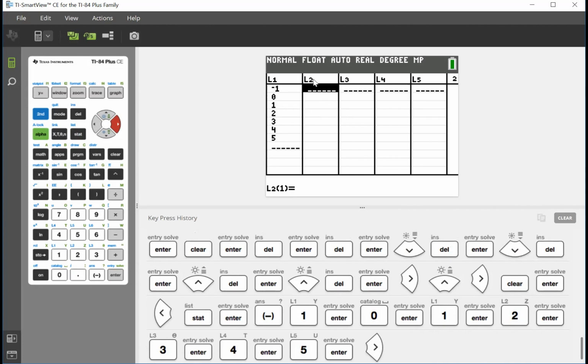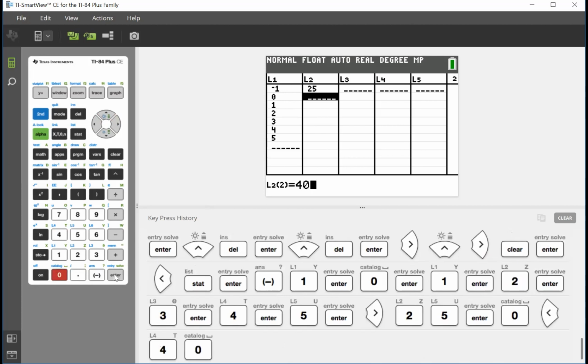Now, for L2, and again, you're going to have to remember, if my x's are all here, I'm going to call those x's L1. And my y's, if I call them L2, you just have to have as many outputs as you do inputs. Remember, that's the definition of a function, right? So for every input, there's one output. You can go in here and say at x equals 0, you had 40. At 1, you had